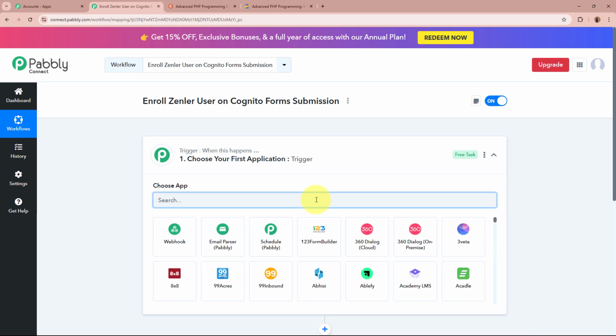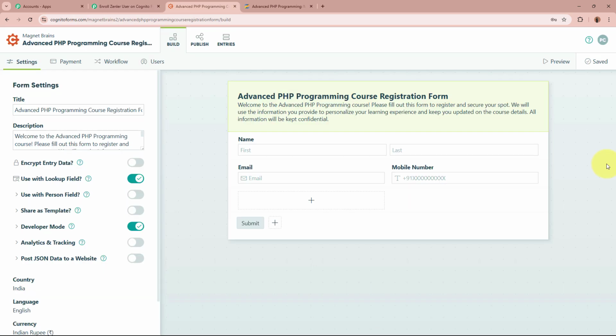And for the trigger application, I'm going to select Cognito Form. Cognito Form is an online tool that helps us create and manage forms for collecting information easily. Think of it as a digital way to gather details like name, email, feedback, or even payments from people. And I use Cognito Form to collect the registrations from my students who are interested in the course that I'm